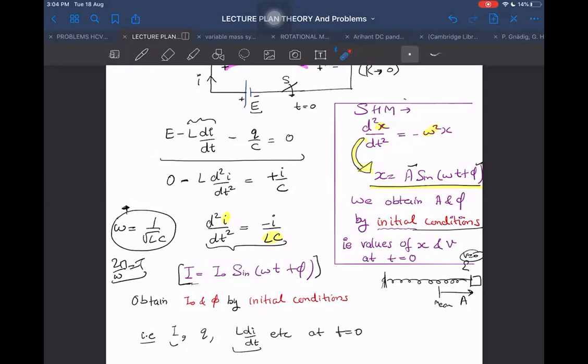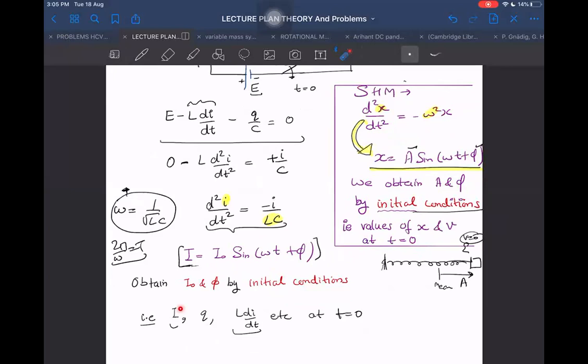And I also know one more thing. At t equal to 0, x is equal to a. If amplitude is given, let us say 2 meters, then that will be a. So I am getting a, and I will be getting phi also from that. By these two equations we will be getting them. If not these two, then you can check one more, acceleration also. By these three we will definitely be getting them.